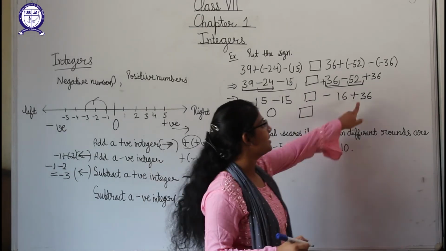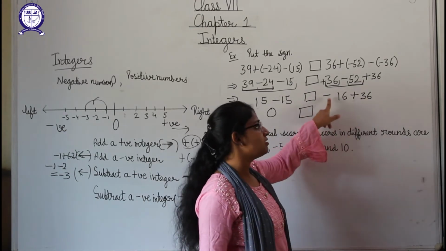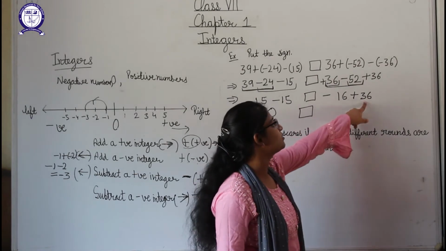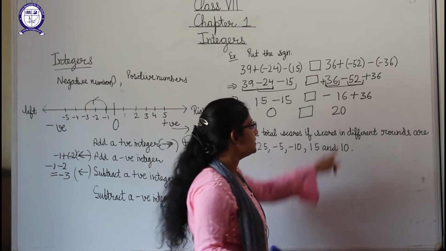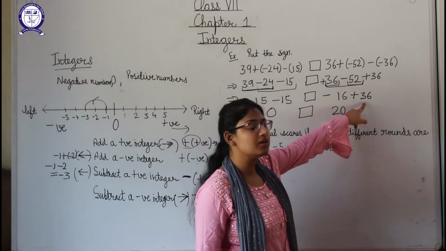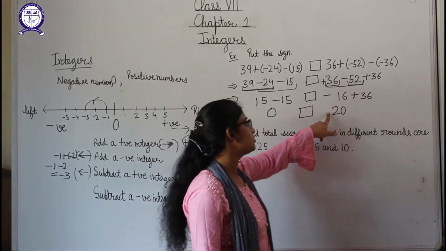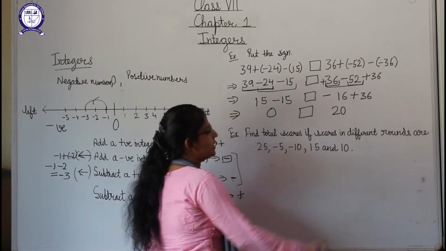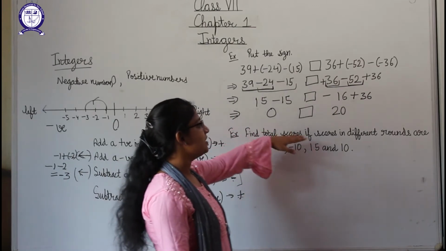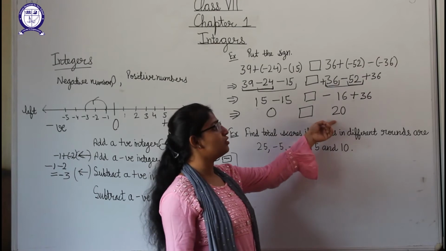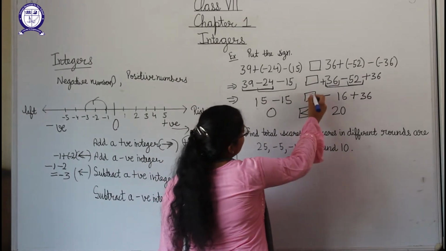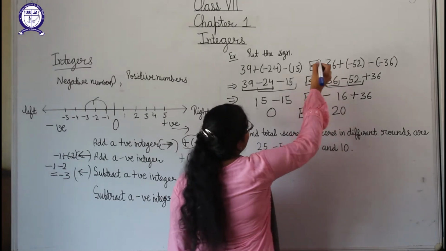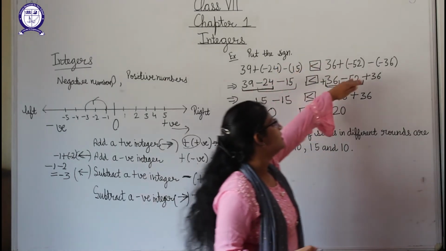Now 36 minus 16, again the signs are different, so we will subtract. So 36 minus 16 will be 20, and about the sign, what will be the sign, students? Here 36 is the bigger, and with 36 it is positive, so our answer will be positive 20. Now students, you can easily compare whether 0 is greater or 20 is greater. 20 is greater obviously, so we will put our sign like this. So we can say that from these two, this right side